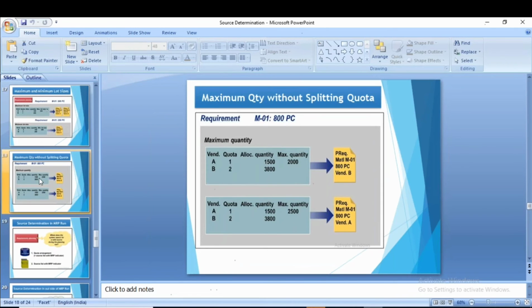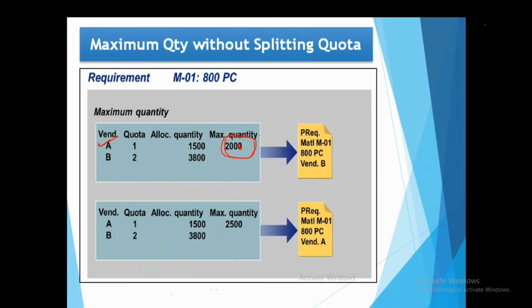Now the next one is maximum quantity without splitting quota. I'll tell you the meaning of it. Let's say you maintain maximum quantity as 2000. That means from this vendor, I have to procure a maximum of 2000. Let's say my requirement is 800. When my requirement is 800, what the system will do is